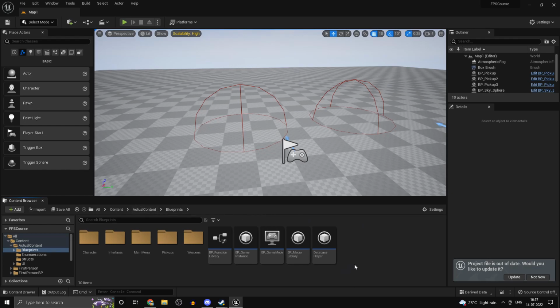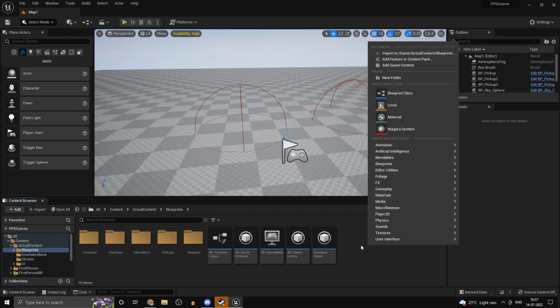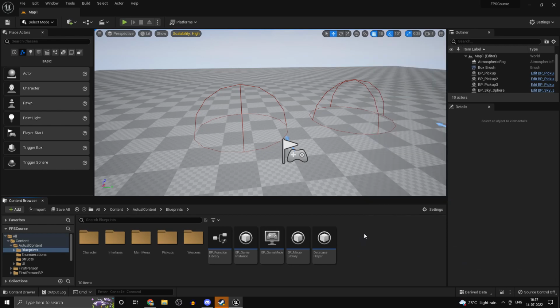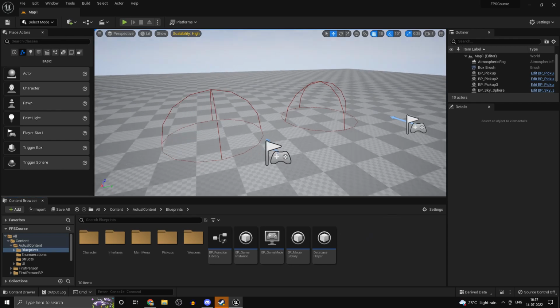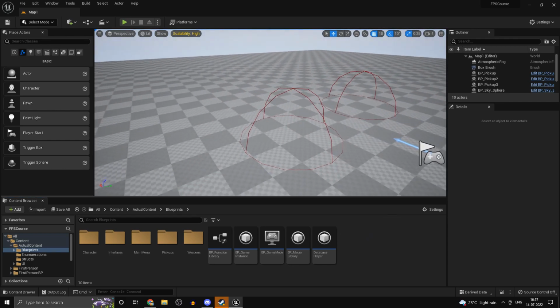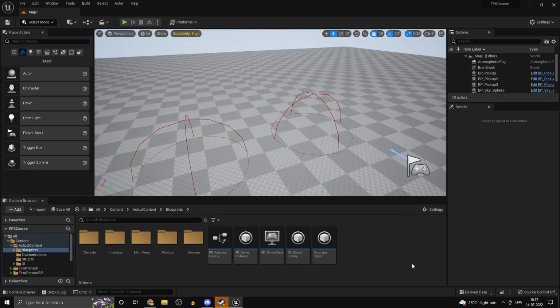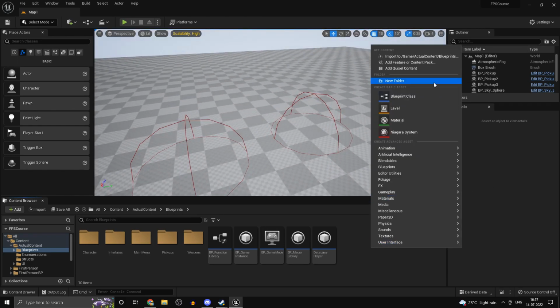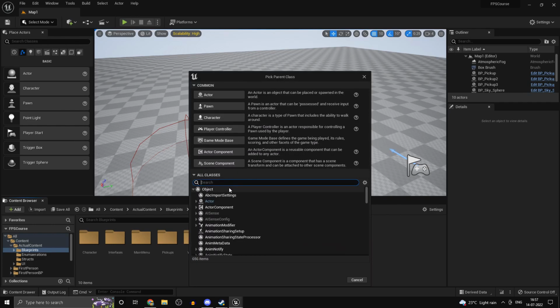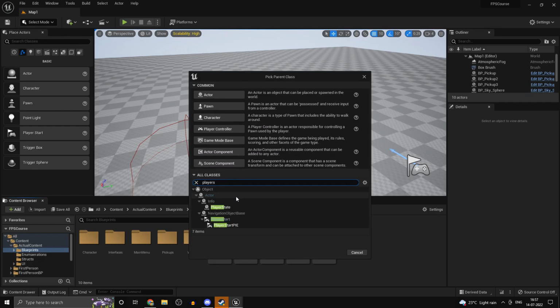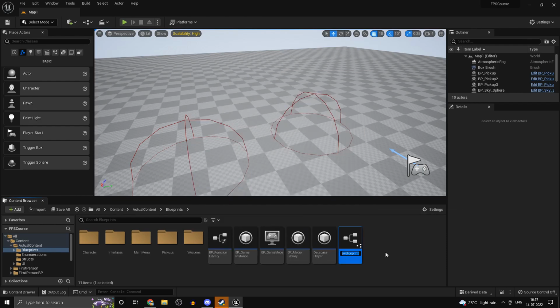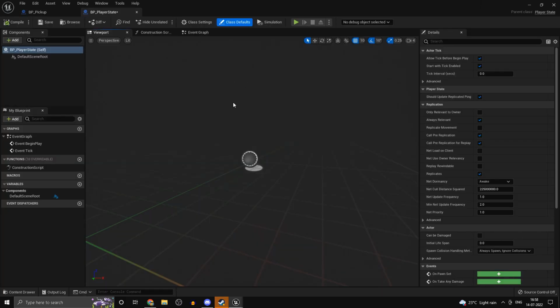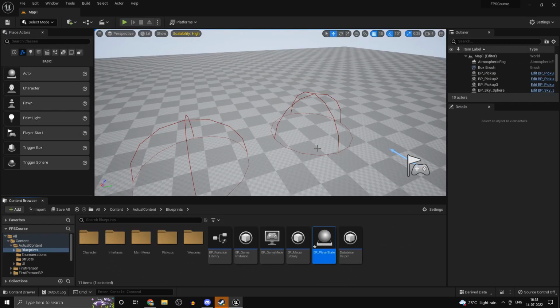So I initially thought we would do this in C++, but keeping the complexity in mind, I thought I would just do it in Blueprint, and the function isn't going to be too much, affecting our performance or anything. So we'll be doing it right here. Create a new Blueprint class of type player state. We will create a CPP player state if we require, but for now we'll call this one BP player state. Open it up,